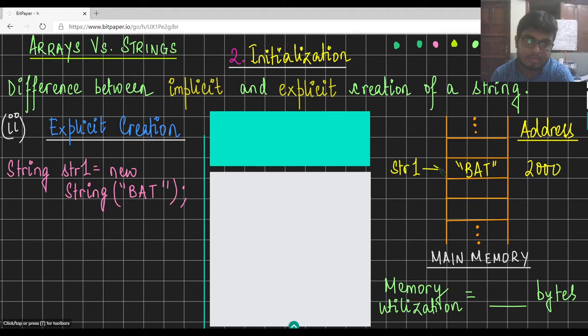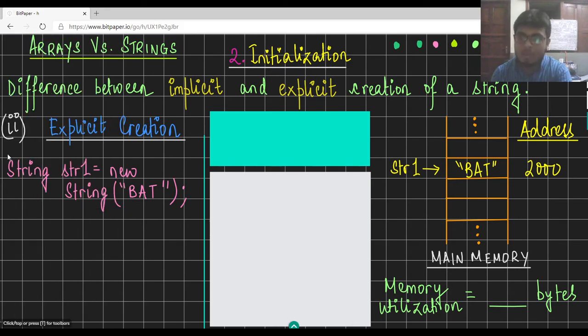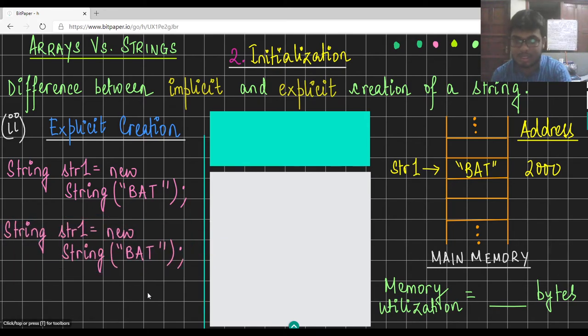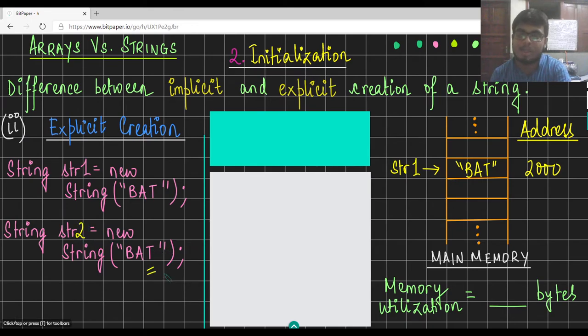Now, because we are explicitly creating a string, even if we created another string which has a different variable name but has the same string literal, say str2, to which we have assigned the same string literal, because we are explicitly creating a string, it would allocate a separate space for the new string as well, for the same string, and str2 would be pointing to this reference instead, and let's say the address of this particular memory location